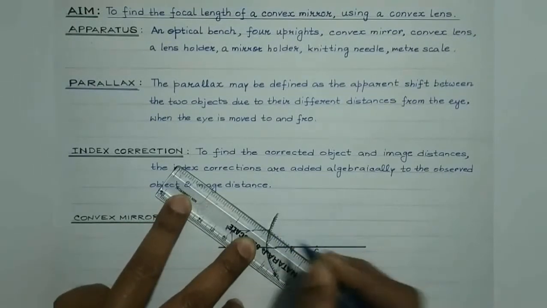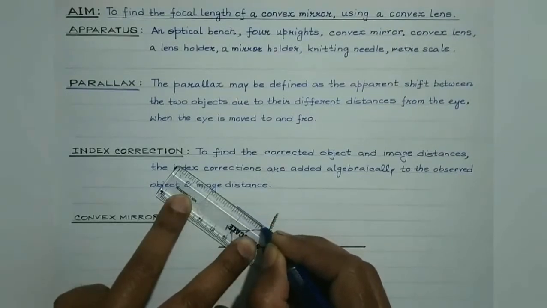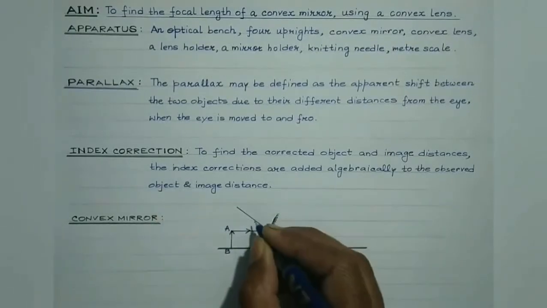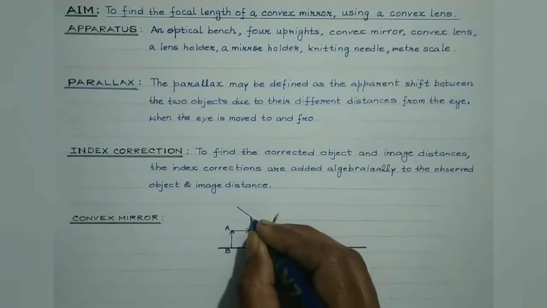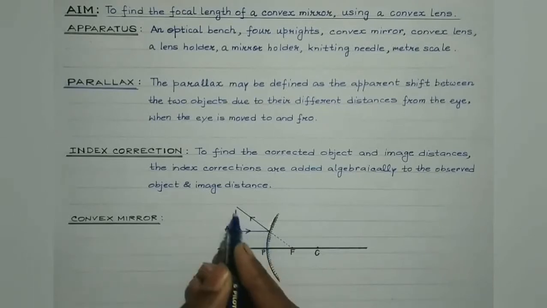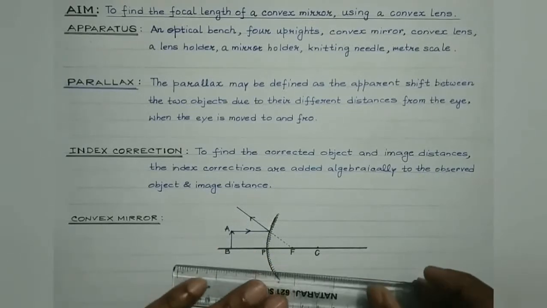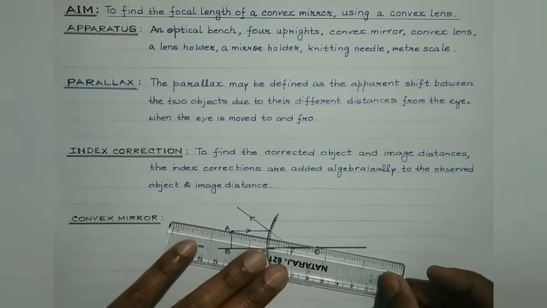Behind the mirror, it should be represented by a dotted line. So the ray will reflect back into the same medium. So it basically diverges, and this is the reason why a convex mirror is also known as a diverging mirror, right? So a ray parallel to the principal axis, after reflection, will appear as if it is coming from the focus. And let's make use of another rule, students.